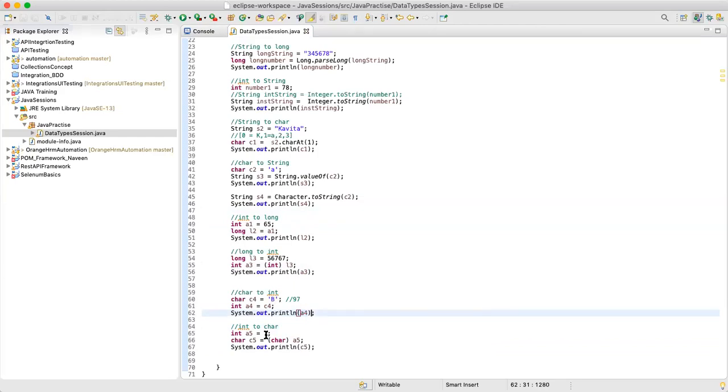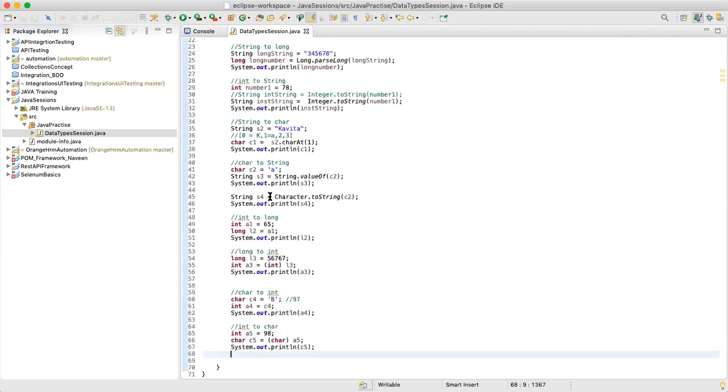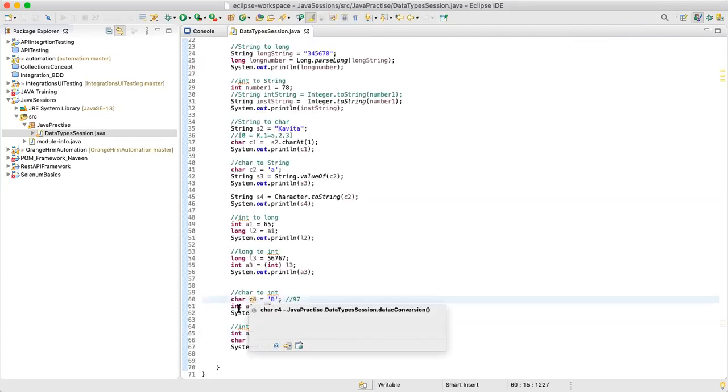Is it clear? Now let's say integer A5 is equal to 98. Okay, and then if I print, see, it is printing B. Are you getting the point? So now we are giving the ASCII value and trying to convert it into a character, so it will be printing a character. Are you getting the difference? Earlier we were trying to print an integer, right?